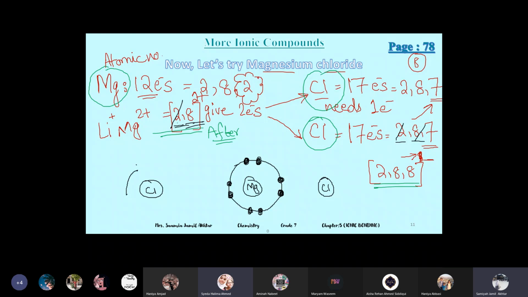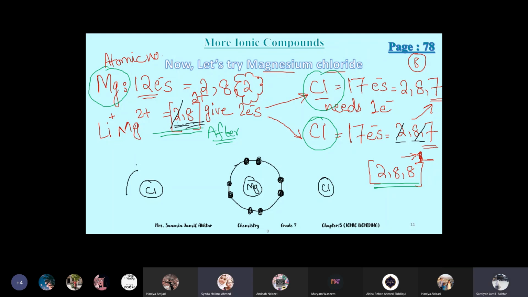The online girls, are you drawing it with me? Teacher, why didn't you add 2 electrons in the first shell? You can draw the first shell, beta, but it's already complete, so no need to draw it. It's extra; if you want to draw it, then it's fine. Otherwise it's not compulsory to draw the inner shell because it's already complete. Both of these shells are complete, so if you don't draw any of the shells, again it's fine.